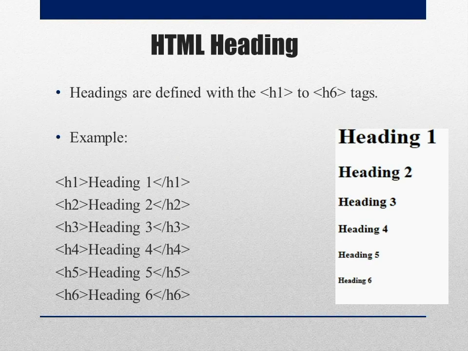Next tag is the HTML heading tag. The HTML heading tag is used to give a heading for an HTML document. HTML uses 6 levels of headings starting from H1 to H6. H1 is the largest and the most important heading, and H6 is the smallest and the least important heading. Here is an example of the heading tag. I am giving heading 1 as H1, so this is a comparatively bigger font than the others. Some other formatting tags are there like bold, italic, superscript, subscript, etc.